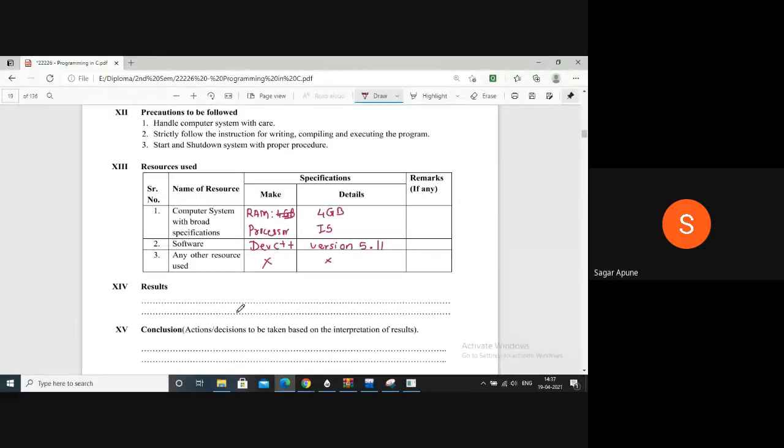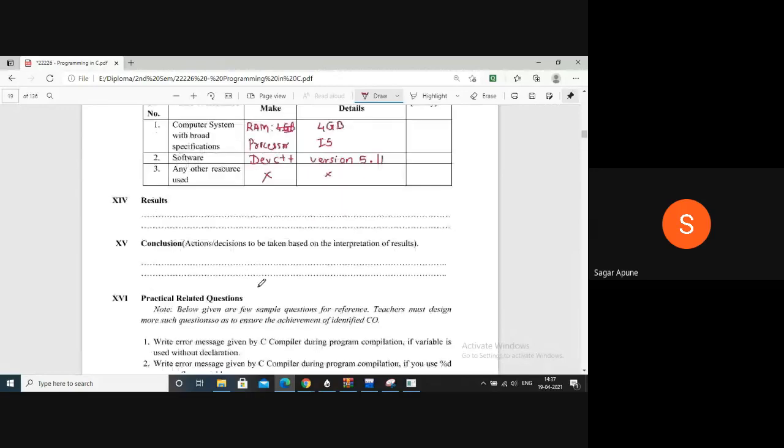Okay, result. So you can put your output here, like P is equal to 3, A is equal to 10, B is equal to 20, C is equal to 30, right? So this is your output. Result is nothing but your output.